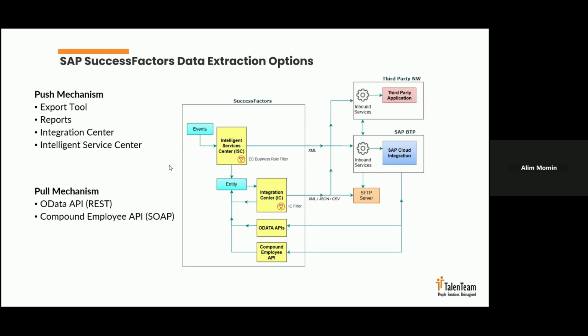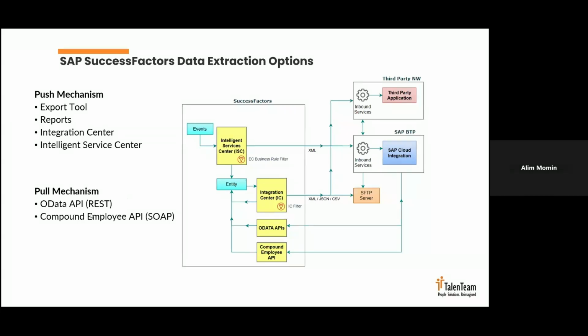But if you ask me, are these push mechanism tools good enough to achieve the requirements? Simple requirements can be achieved, but when it comes to complexity or major data extraction, we need to do some extra effort. Okay. Now, for those extra efforts, it is again a pull mechanism arrangement where SuccessFactors has provided APIs that can be grouped into